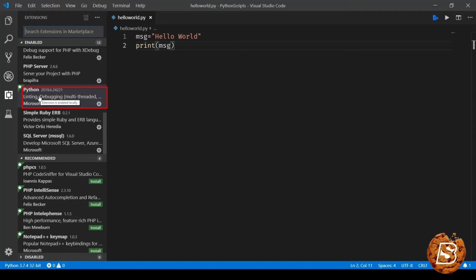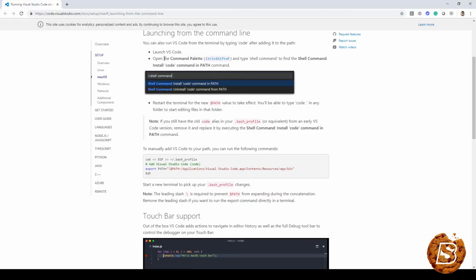And once you have installed this, all you need to do is ensure that your Visual Studio Code Editor path is included in your Mac operating system environment variable. So the path environment variable that you have on your Mac operating system must contain the Visual Studio Code installation path. And to do that, I would recommend visiting this URL,